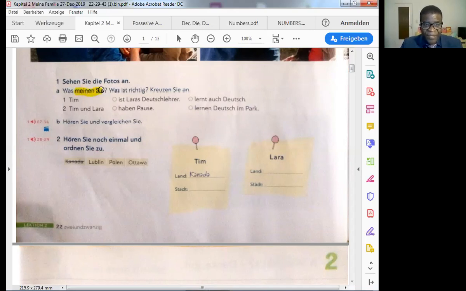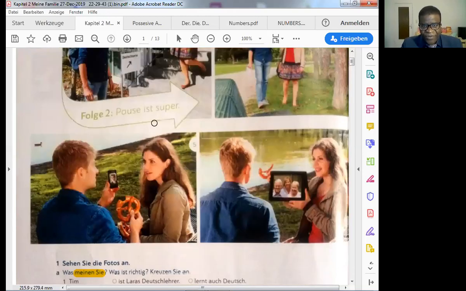Okay, what do you think? What's your opinion? Or can you guess? In any case, what do you think? Was ist richtig? Richtig, you know it already, means correct. What is correct? Kreuzen Sie an means put a cross. Here they are asking, because you are trying to guess, regarding these photos here.